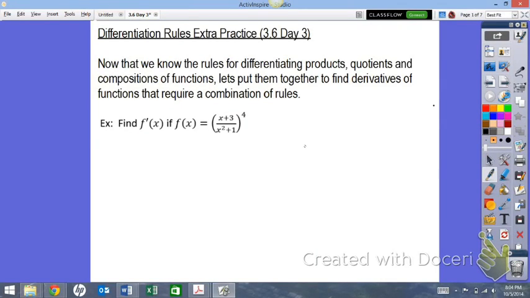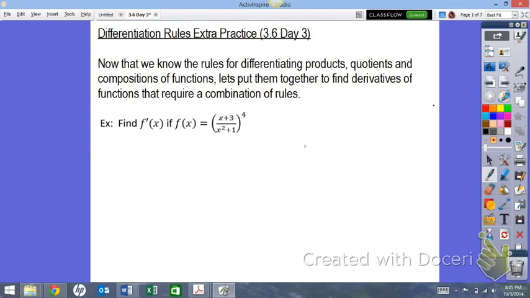Okay, let's look at this first example. So the first example is we're finding f prime if f of x equals (x plus 3 over x squared plus 1) all to the fourth power. So the main rule that we're going to need to use here is the chain rule, because we don't have just x to the fourth, but